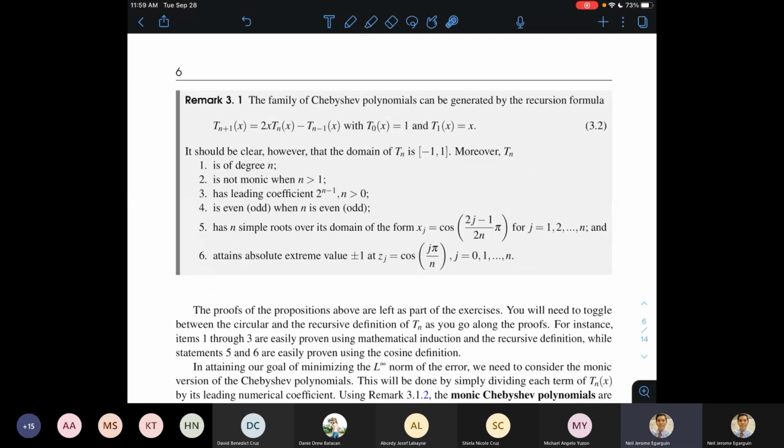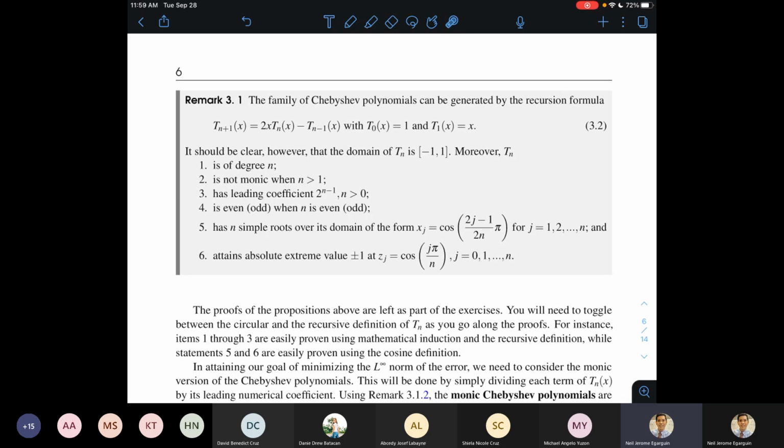Property 5, meron siyang simple roots over its domain. Tapos ito yung itsura ng roots niya over the domain. Meaning dito nagzi-zero yung Chebyshev polynomials. Okay. And I think it's easier to see these or to prove property 5 by looking at the trigonometric definition